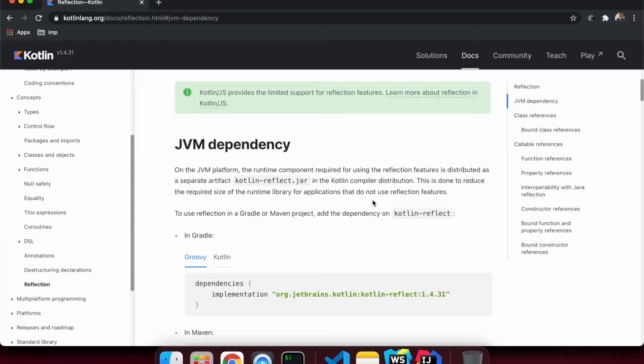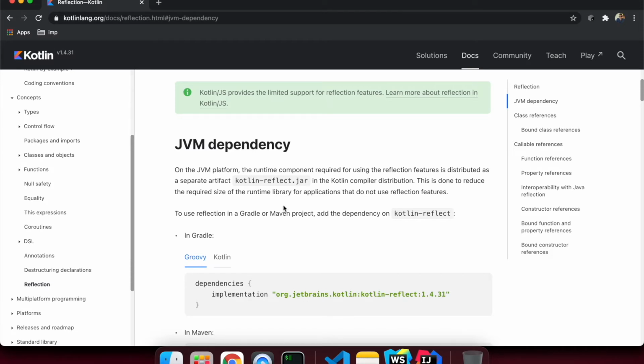So how are we supporting reflection in Kotlin? Through this library, kotlin-reflect.jar. The JVM platform runtime component required for using the reflection feature is distributed as a separate artifact in the Kotlin compiler distribution.